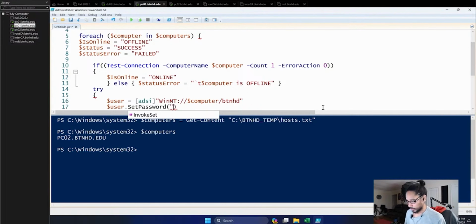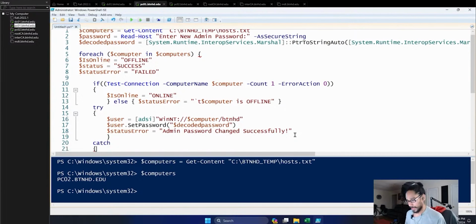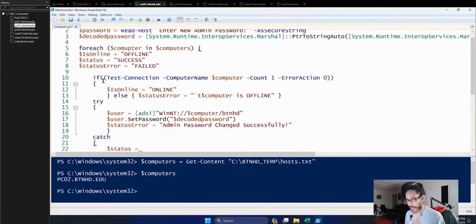Inside there, we're going to do double quotations. Inside of the double quotations, we're actually going to use the decode variable, and we're going to declare another variable. So we're going to do status try, and open and close parentheses, and we're going to type in admin password. I'm going to have a catch, hit enter, do a wiggly, hit enter. Okay, so it's going to change to what? It failed. It didn't work out. It just did not work out.